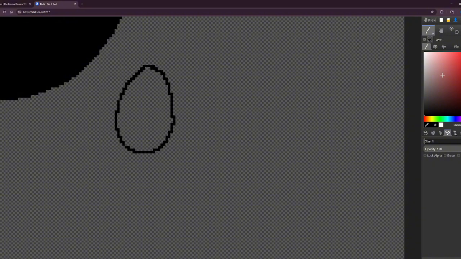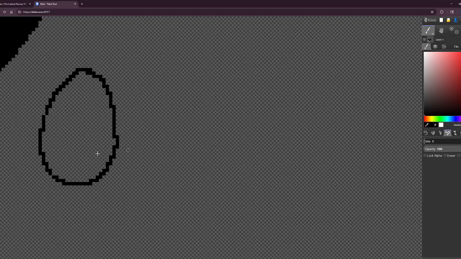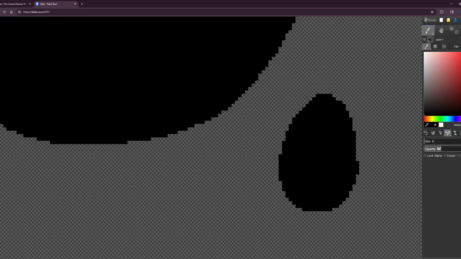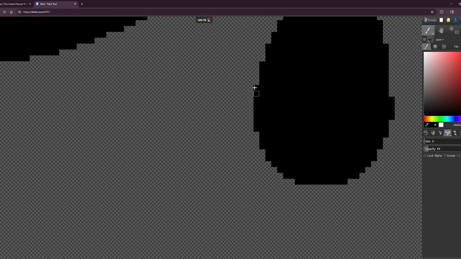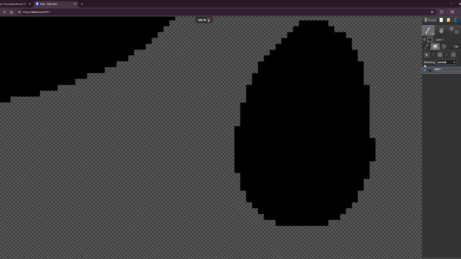Okay, now with that said, let's go on to the eyes. Now, the eyes, you can really do them any way you want. You could go like this with a pupil in the middle, or you could just make it look like this. Maybe you could add some melting points like this, to make it look more rotten, or you could add some aura around it, which can be quite hard to do at times, but